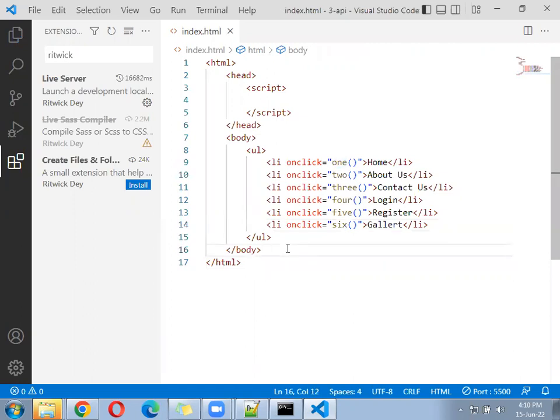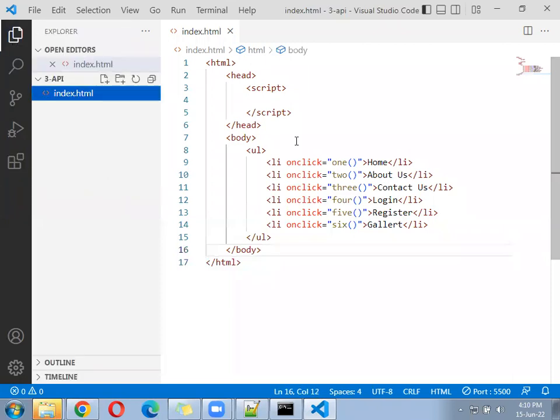Now create a CSS file. In that CSS file, write some CSS so that it should look like the menus. Create a separate CSS file, style.css. Write some CSS for that, so the menu should look like a menu, like create a navigation. So for that you have to call another CSS file here,